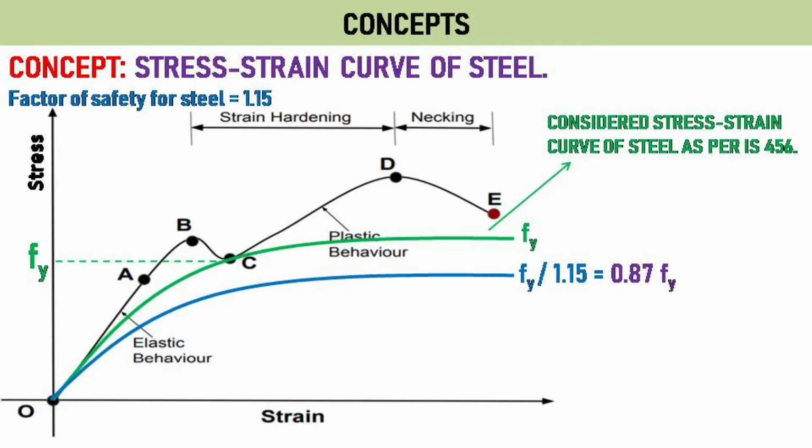Characteristic strength of steel. This graph shows the stress-strain curve for steel. The factor of safety of concrete is taken as 1.15, as per IS 456. A lower factor of safety is considered for steel when compared to concrete, because the quality of steel cannot be altered once